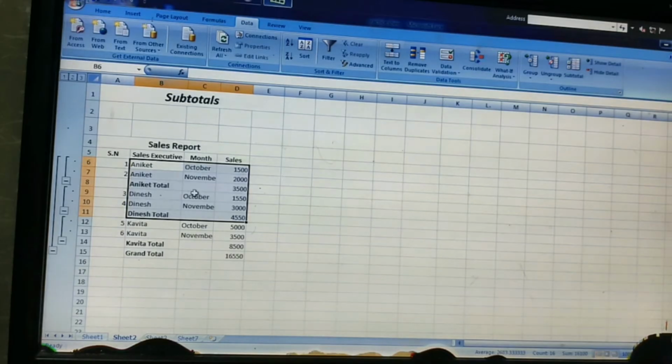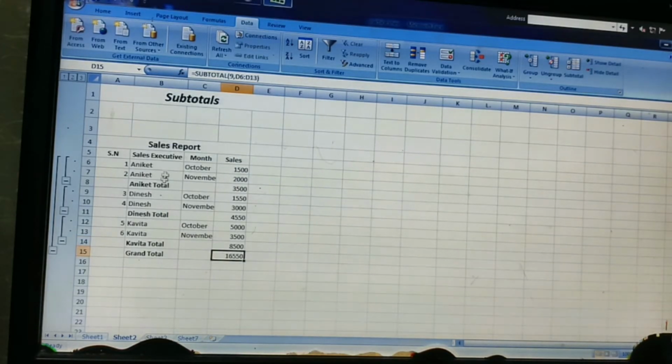So now you can see the subtotal is there. You can see Aniket's subtotal, the amount of his sales in the months of October and November. Next is Dinesh's total, the amount of his sales in October and November. And then here is Kavita's total. And then here there is a grand total of these three sales executives, how much sale has been done.